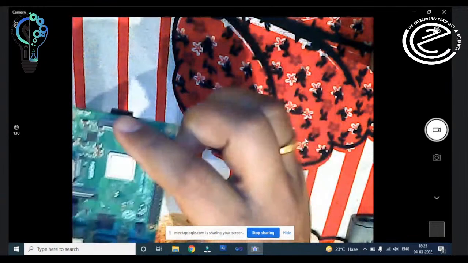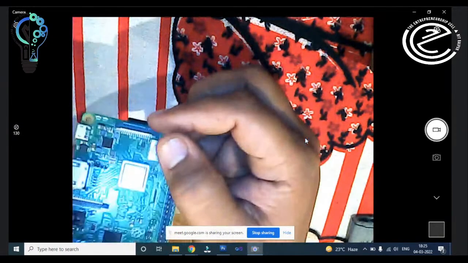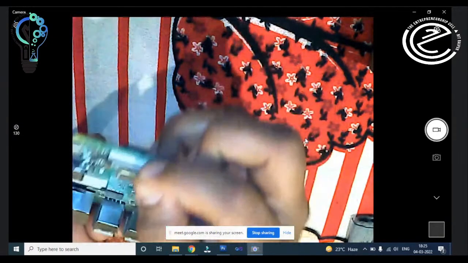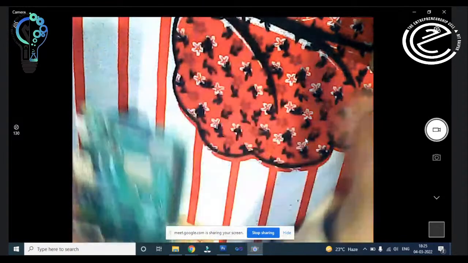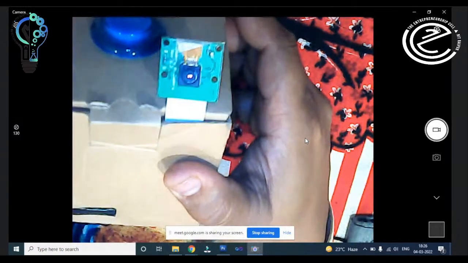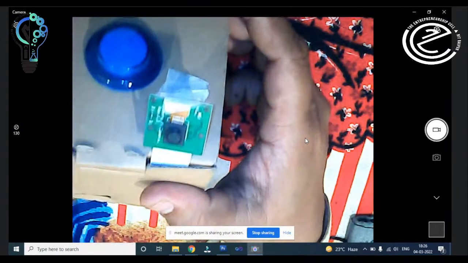Here is the pin where you will connect it. This is the connector where you can connect your camera, right? So I also connected the camera through one of my boards, which is already packed in this board. This is a Google box, you can see. It has a speaker, right? It has a camera. So I will show you a demonstration of how this camera will work and what the functioning of this camera is in this Raspberry Pi board.